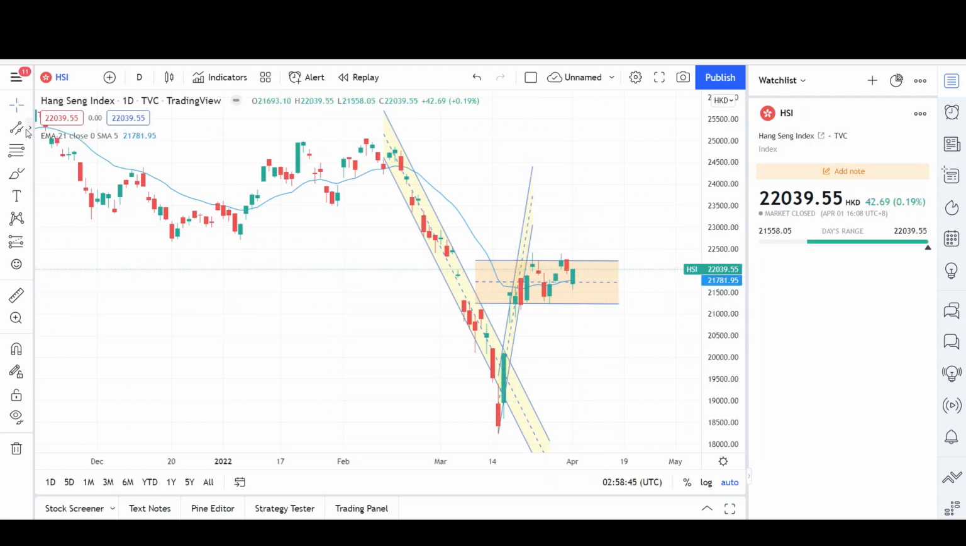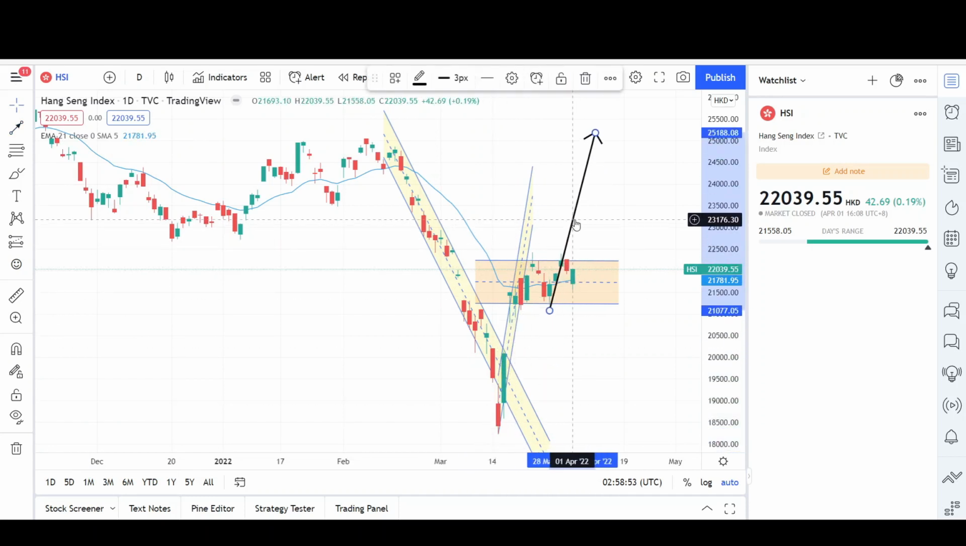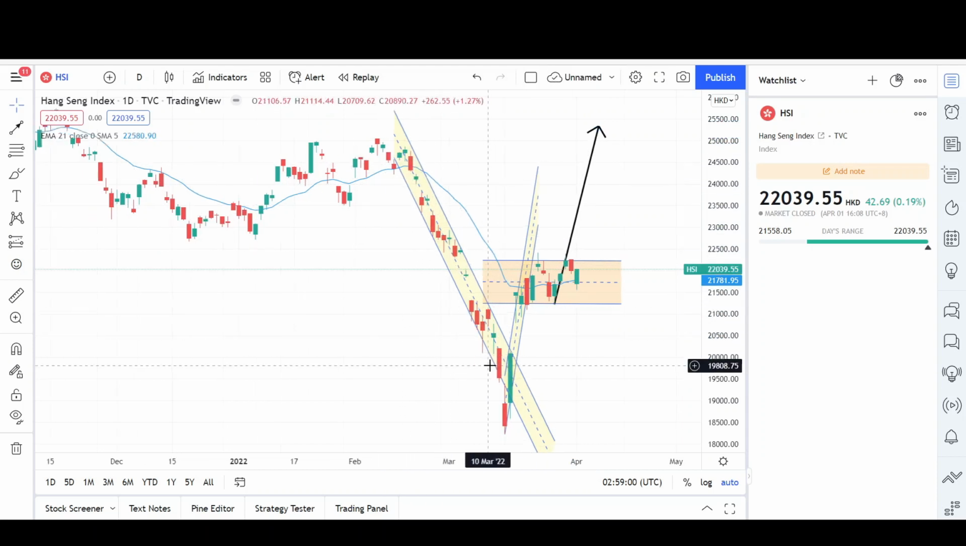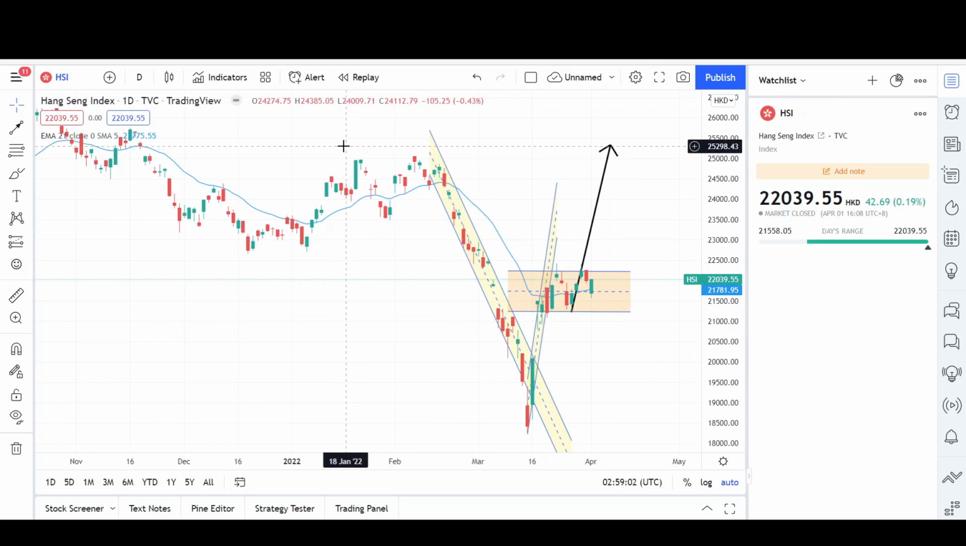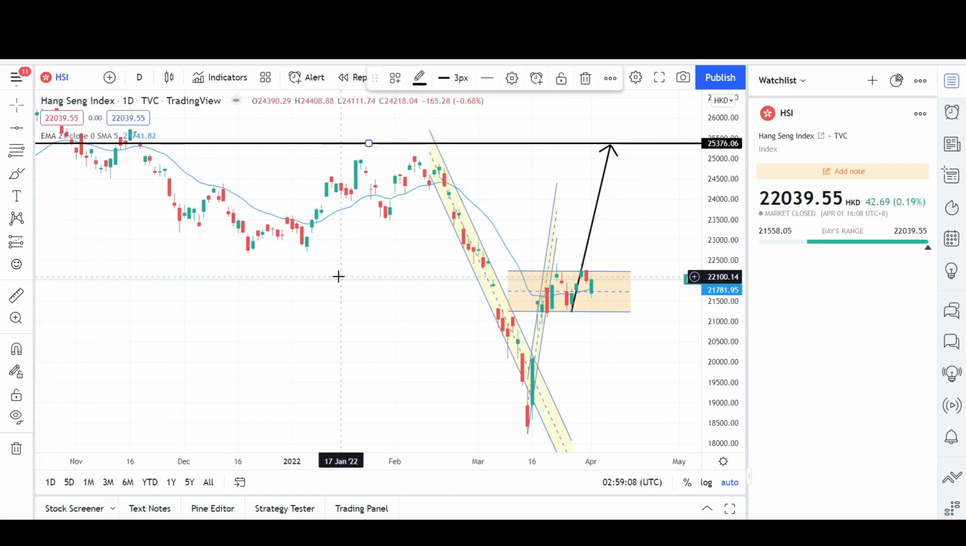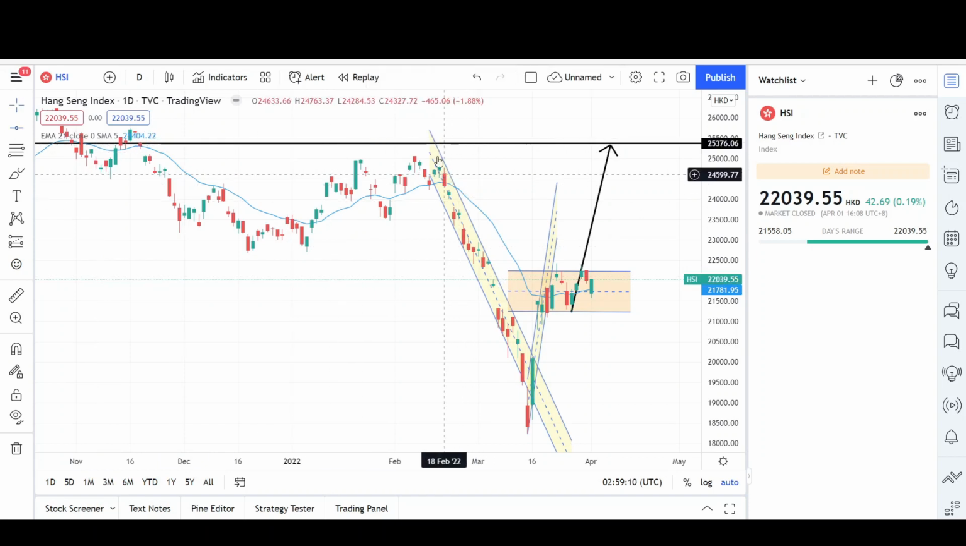So if we do get that impulse or another leg up, where will the market go? This would be the first leg up right here. This would be the second leg up, and we could come right back or even exceed the starting move of this impulse downward, and we can go all the way back up to the $25,329 level. Put a horizontal line there for you guys,